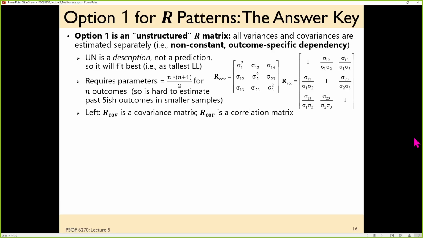So this was the strategy that I just used in this example 5a here. If I don't have very many outcomes, and if those outcomes are plausibly multivariate normal, then I can just let the outcomes have separate residual variances, let each pair of outcomes have a different covariance, and fit this unstructured model. Now, where this falls apart is if there's lots of outcomes. If I tried to model 10 outcomes at the same time, this would require 55 parameters, and odds are good that that would be too many relative to my sample size.